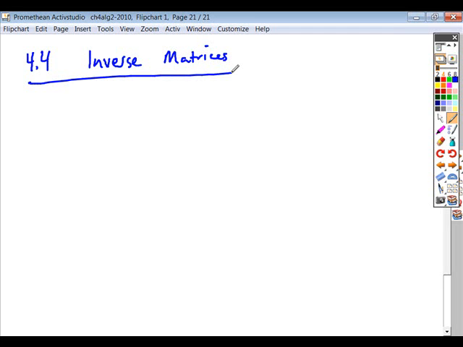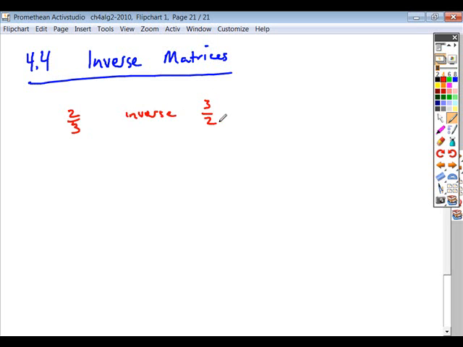All right, so when you're talking about inverse, if I ask you to find the inverse of 2/3, what is the inverse of 2/3? 3/2, right? You just flip it. Okay, when you're talking about matrices, or when you're talking about just regular numbers, the inverse